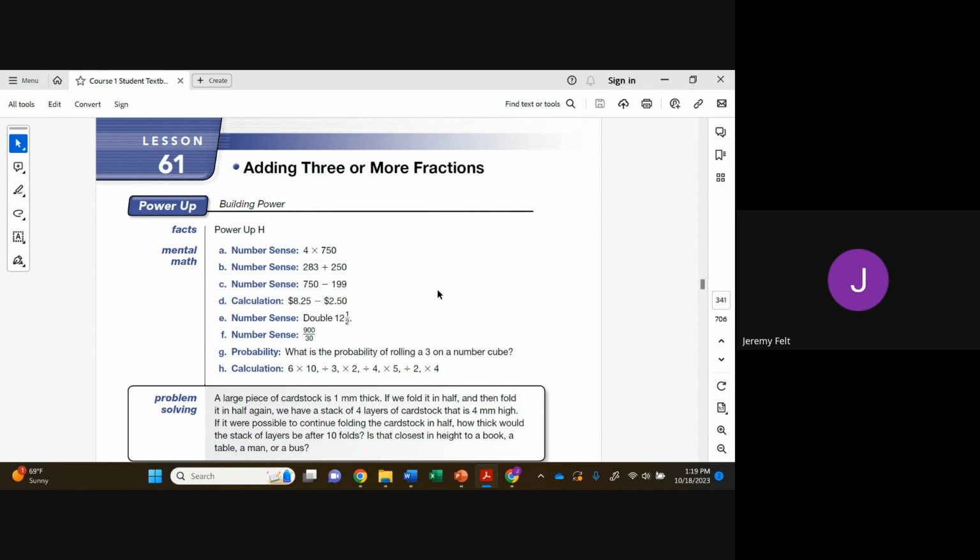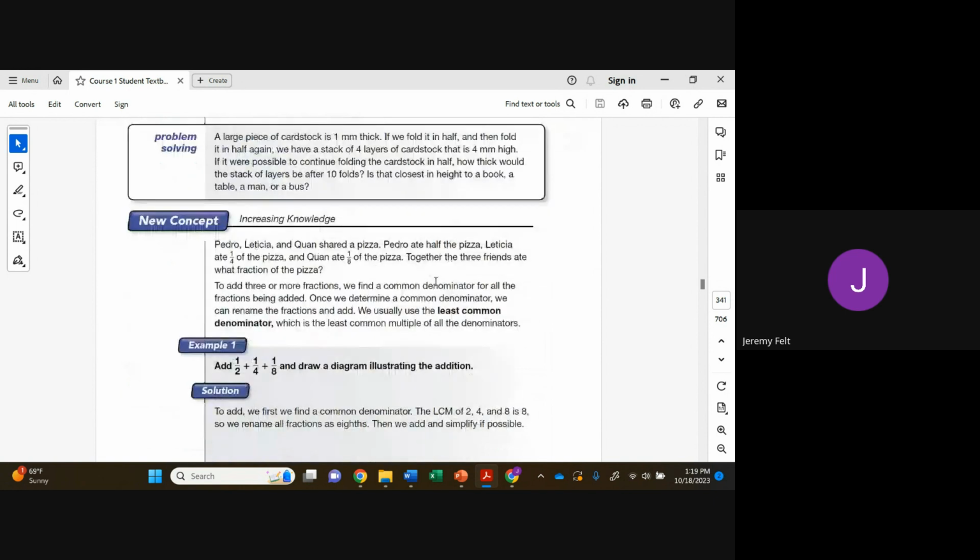rules and principles apply. So if we look at 1/2 plus 1/4 plus 1/8, we want to come up with the least common denominator. That's where we've been practicing least common multiple for quite some time now. That can help us quickly come up with the least common denominator. So we want the lowest number. We don't want a big number that they all go into just to add them all together and then have to work really hard to reduce it at the very end. If we can do the least common denominator, it's going to make life a little bit easier for us. So we have 1/2